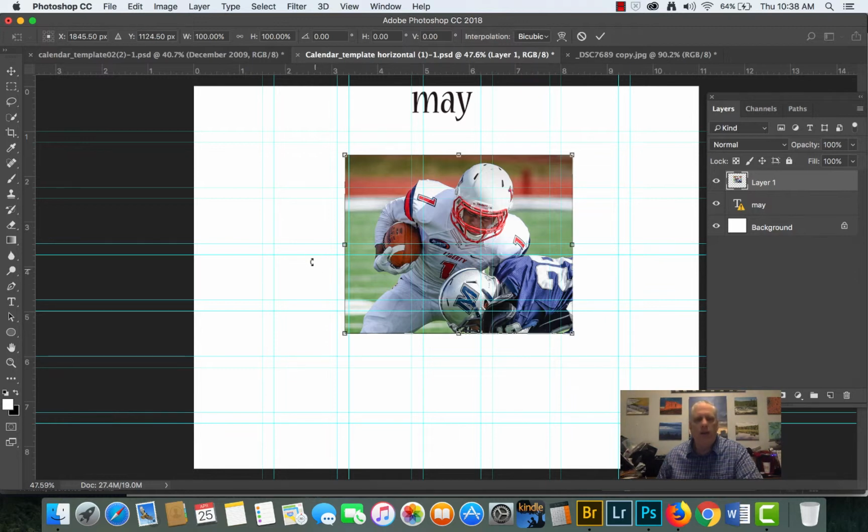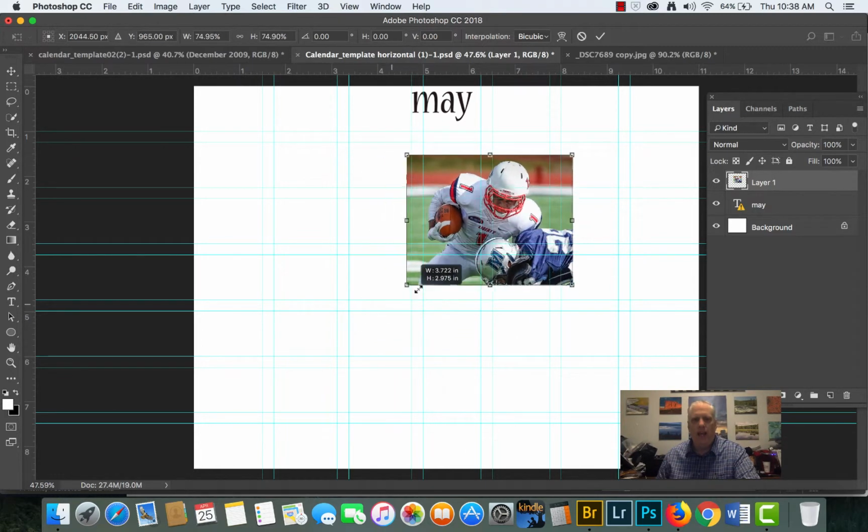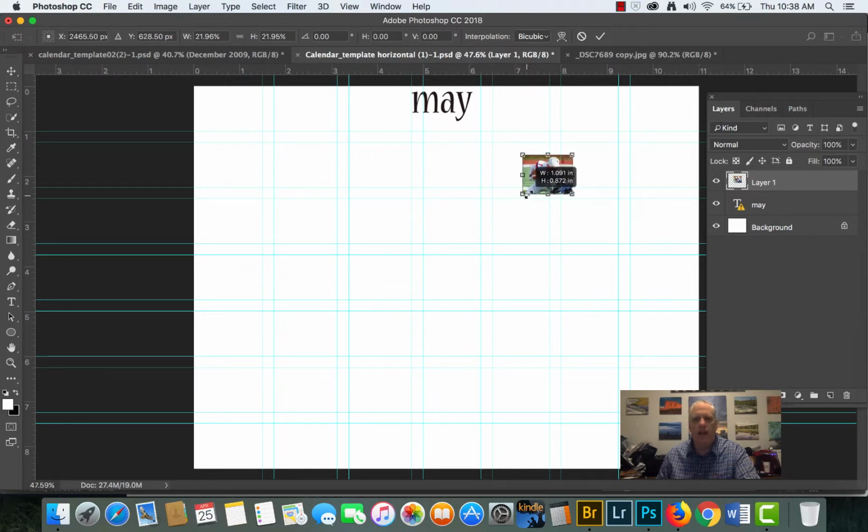Now, we want to keep this the same proportion as we resize it. So in order to do that, we just can't go grabbing these handles or it will not keep it proportional. We want to hold the Shift key down on our keyboard as we do this. Okay, so holding the Shift key down, grab one of the corners and shrink it down. Shrink it a little bit smaller than what we need for our grid. Then we're going to move it up to